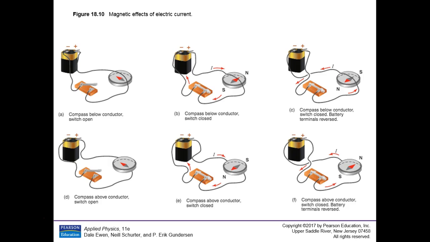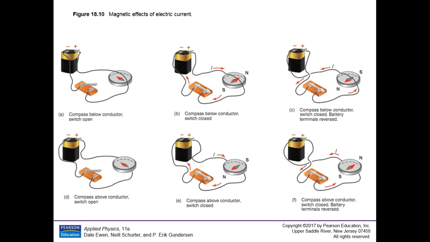And what he found, by this time, Alexander Volta had created the first batteries, so then you could create currents, which is the flow of moving charges. What Ørsted found is that if you connected a battery but had the switch open, so there's no current flowing through the wires, and put a compass over it, the compass is going to point north. Of course, that's where compasses point. But as soon as you close the switch, now with the current, the compass points some other direction. And why in the world is that?